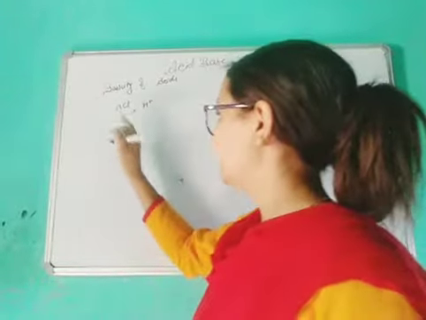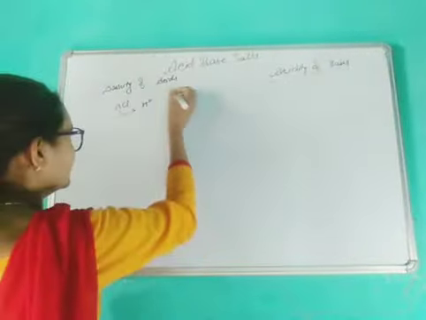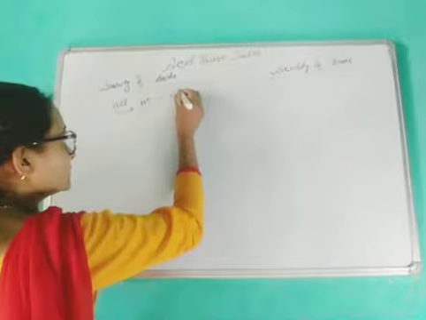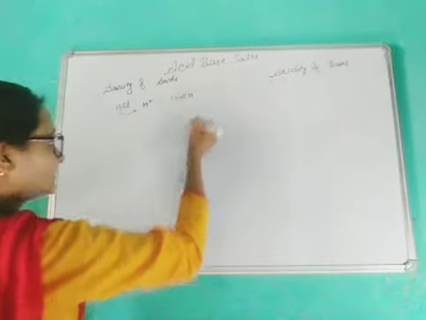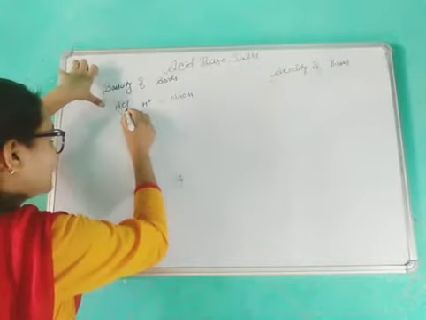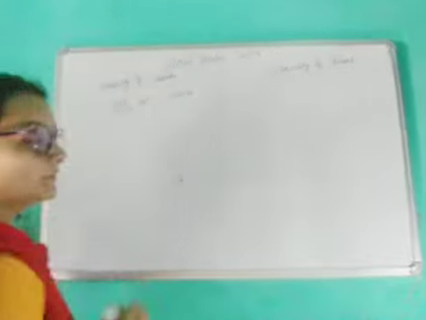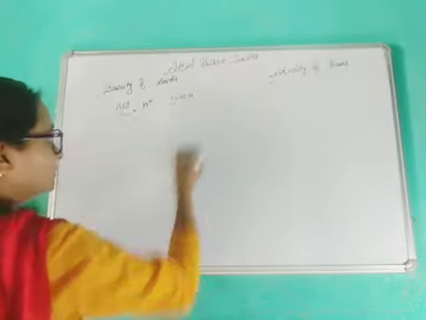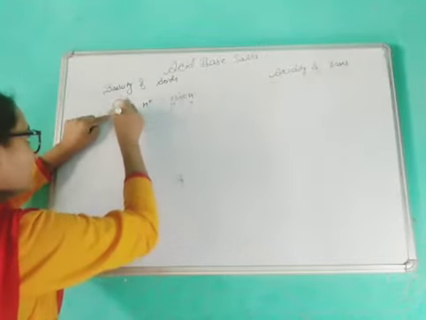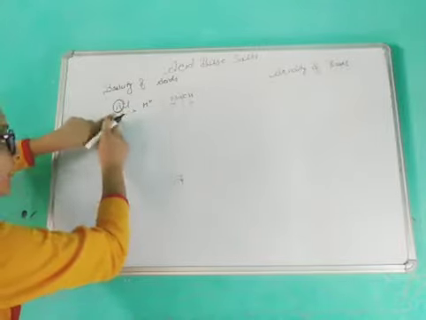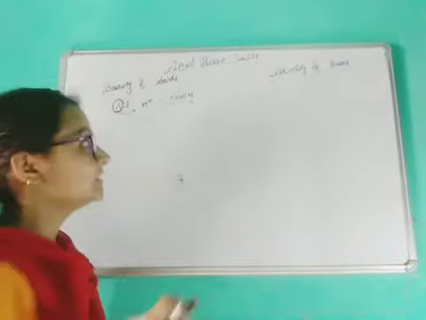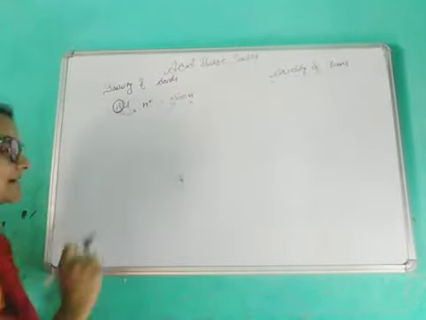For example, HCl is going to react with NaOH, that is a base. It will break down: this is Na positive, this is OH negative, and this is H positive, Cl negative. Now see, this negative will transfer to this positive, and this positive will transfer to OH negative. So the acid releases H positive for one molecule of base. That's why this is called the basicity of this acid.